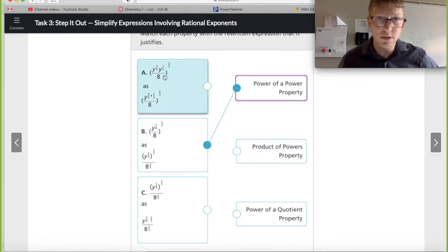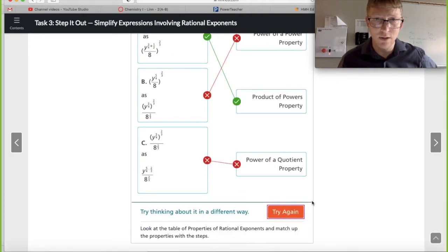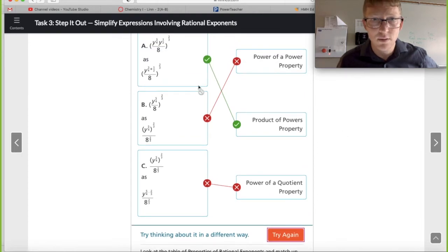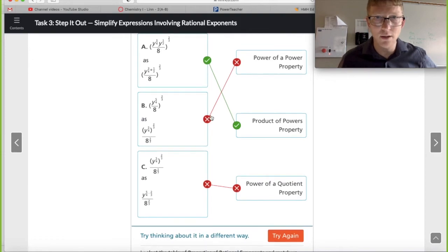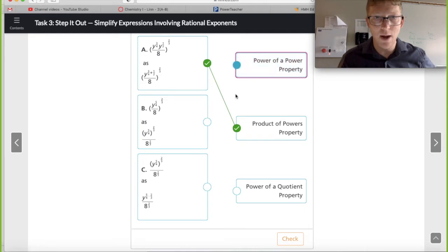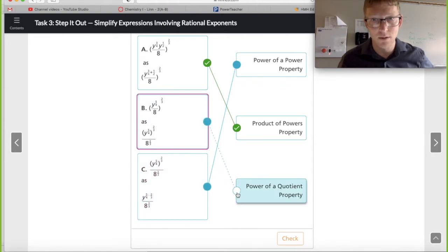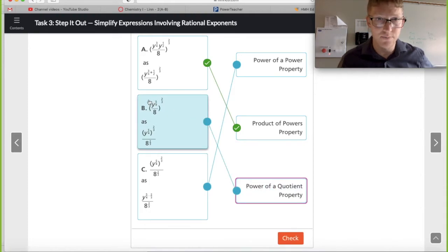Product of powers, right there. And then what's left over, let's see. Oh, yeah. I'm sorry. I'm crazy. Let me try again. Power of a power, that's when you multiply them together. So see right here, they're multiplying those together, turns into that. That was my bad. Power of a quotient,